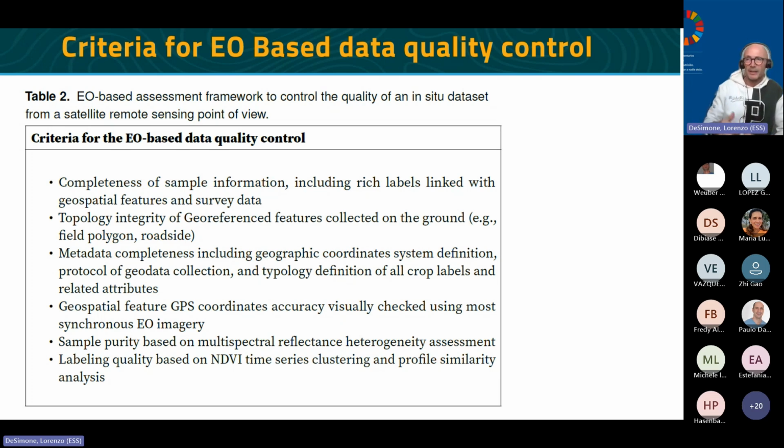So we have several criteria. First one, completeness of sample information, including rich labels linked with geospatial features and survey data. Topology integrity of georeferenced features collected on the ground. So if we have polygons, they should not be overlapping, for instance, or they should not have a road crossing them. Metadata completeness, including geographic coordinates, system definition, protocol of geodata collection, typology definition of all crop labels and related